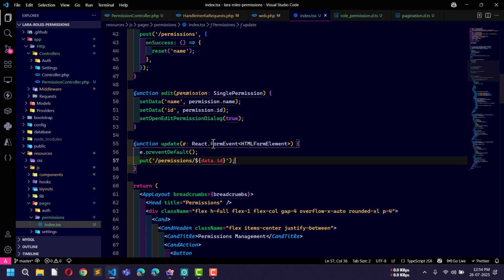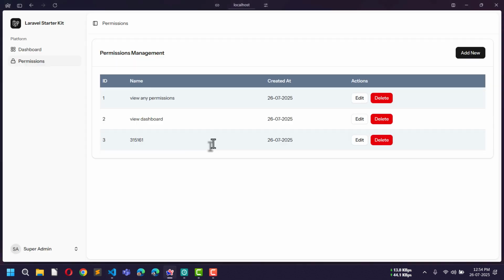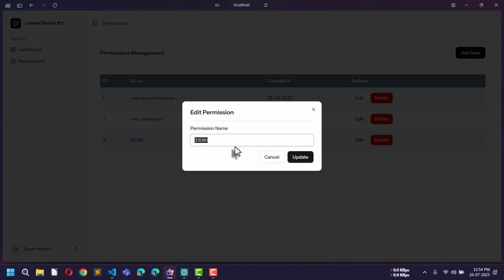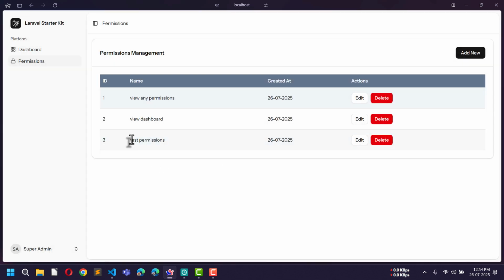Save. Now let's come here and reload the page. Now let's try to update this one. So here instead of this I will use test permission and click on update. So you can see the permission updated successfully, and here also the test permission